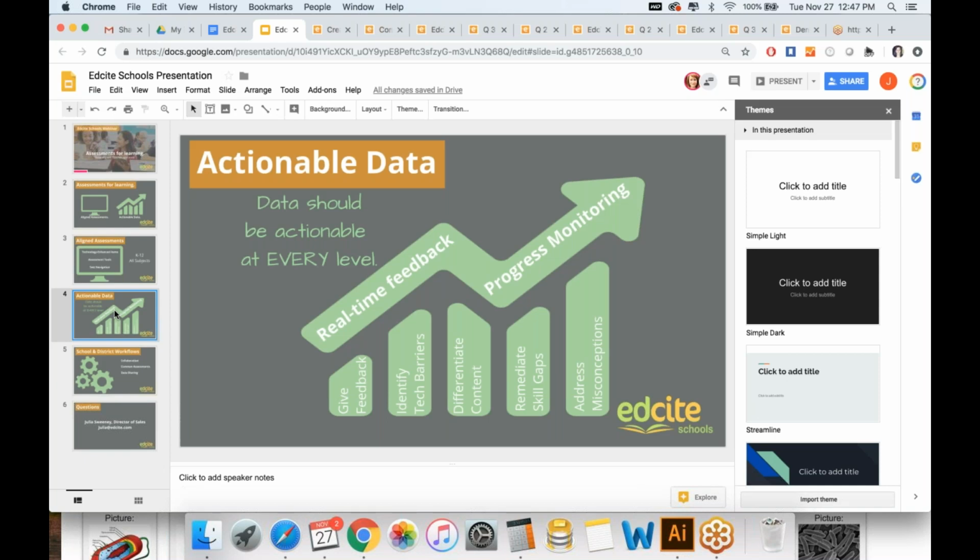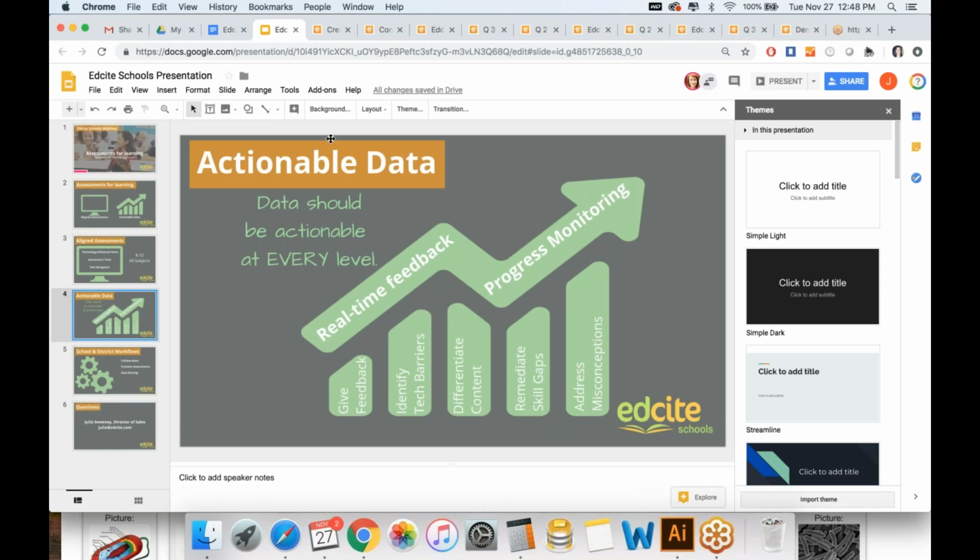And so with Edcite Schools, you've got real time feedback, you've got feedback over time for that continued progress monitoring. And it should really be prompting actions, whether you're identifying, oh, this is a question type with a real technology barrier, or oh, I'm going to go ahead and remediate by differentiating content and sending to students that are struggling with this misconception.